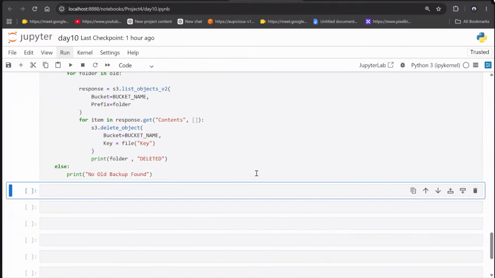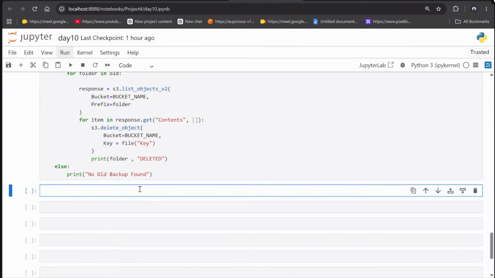Now if you want, you can run this single code in a single file as a function, menu-based, with if-else conditions. But I don't want to do the same way. Instead, what I want is, I'll write one more code which will be my main code here. So one more code I'm writing in this file.